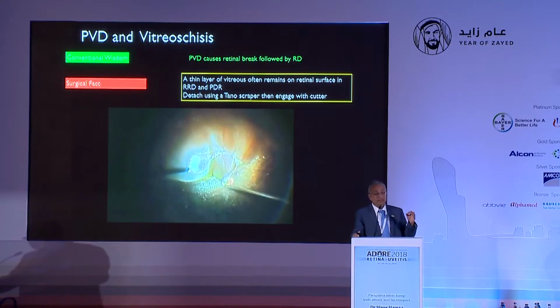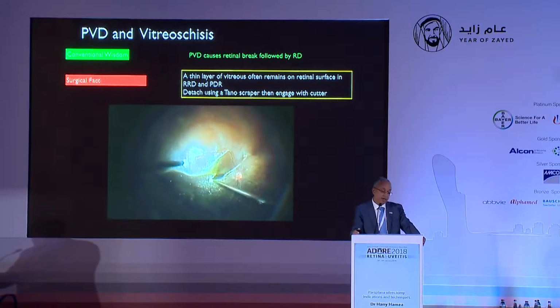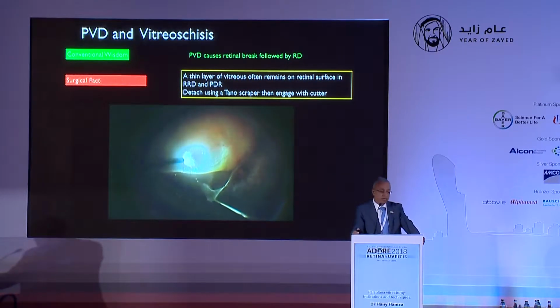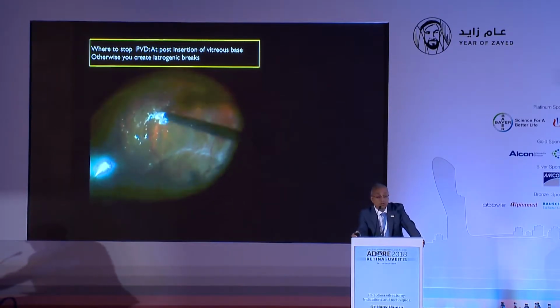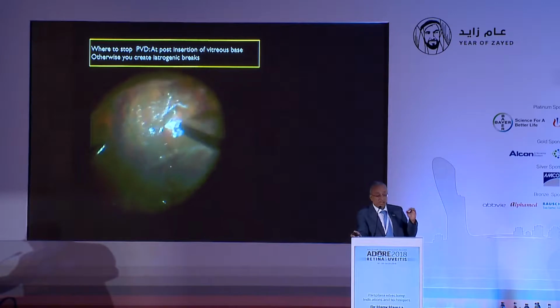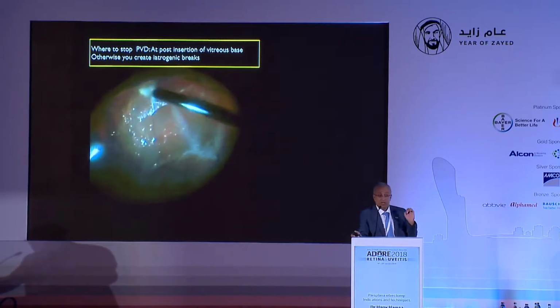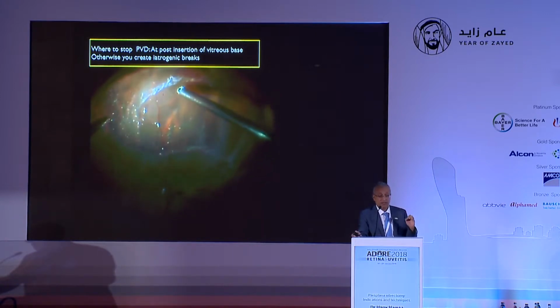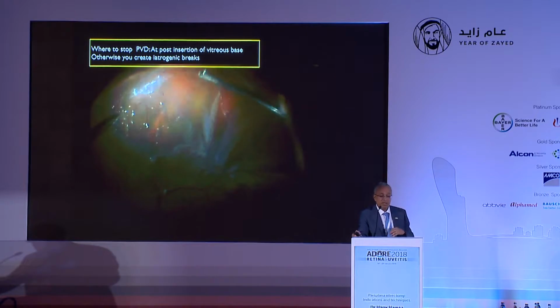And in such cases, in my hands, I use the Tano scraper, as you can see, to open just an opening in the posterior hyaloid and then elevate it using the Tano scraper and engage it with the cutter and continue. Where to stop with the PVD? At the posterior insertion of the vitreous base, as you can see in this video. If you try to pull the hyaloid further anteriorly, you will create iatrogenic breaks and it will be a more